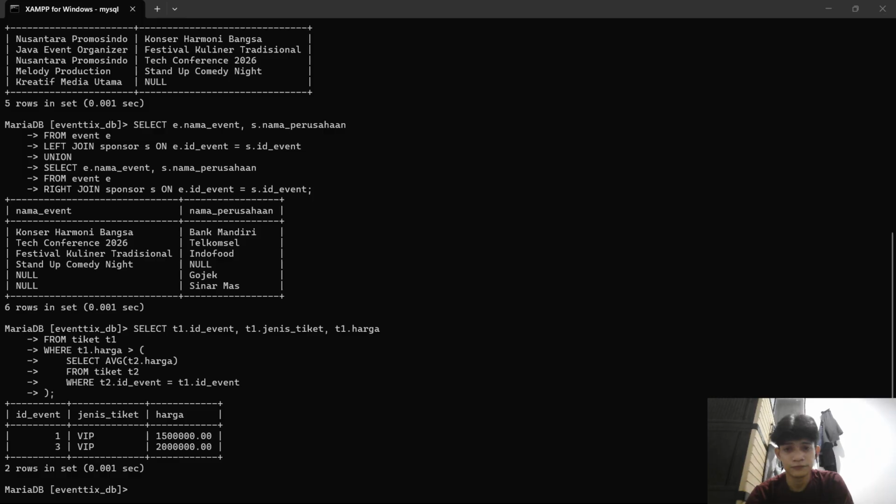Number five is about creating a view named rekap penjualan. This view aggregates the customer name, event name, ticket type, purchase quantity, and total payment. We use inner join to only retrieve successful transactions. Afterward, we can easily call this data using a simple select statement.